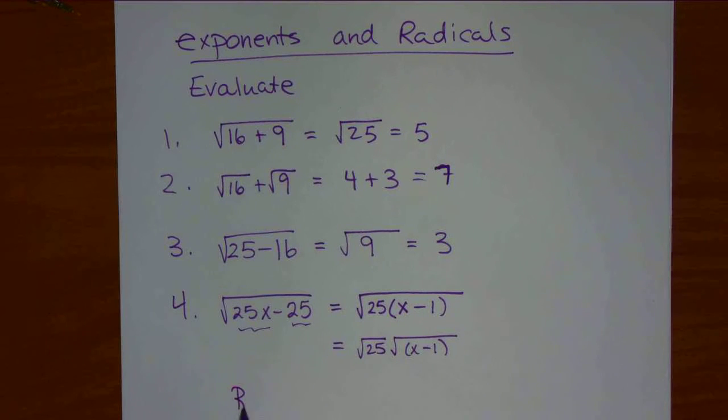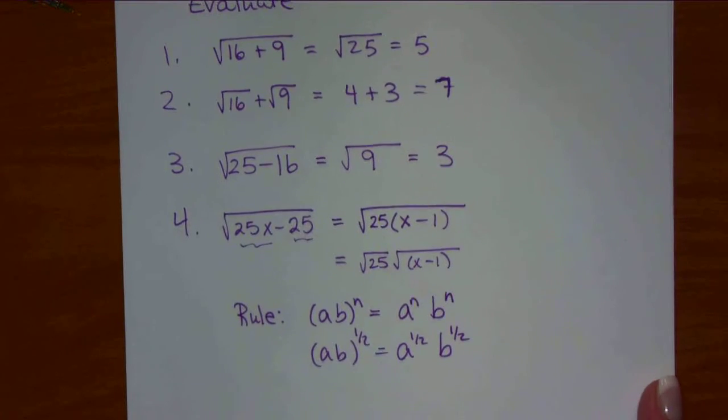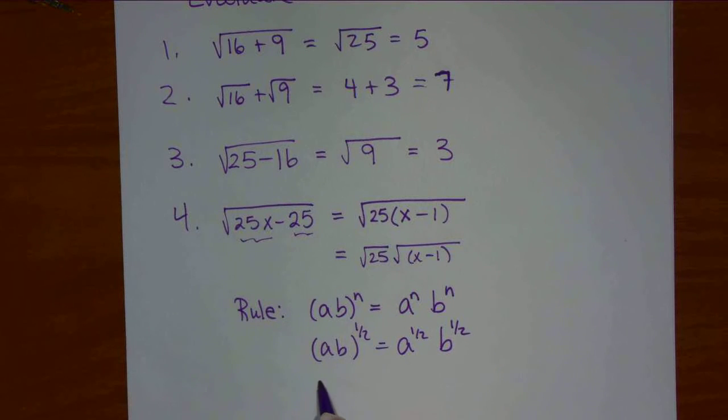So the rule that this comes from is this. If these two things in the bracket are multiplied, you can say this is a to the n, b to the n. That goes to our square root too, because the square root is a half power. Square root is an exponent, so that is the same as